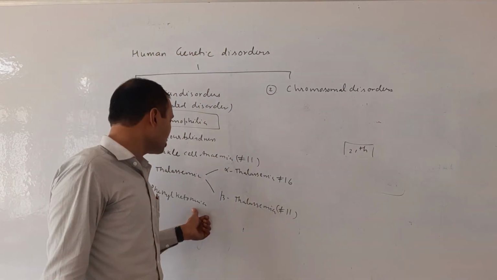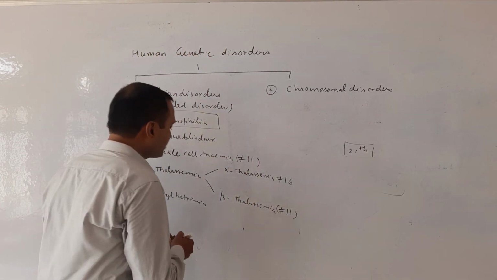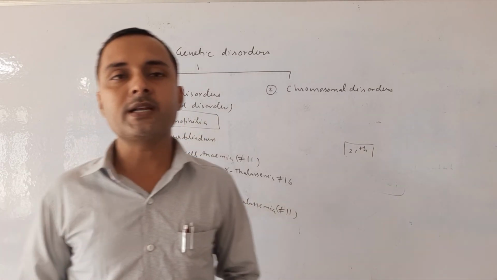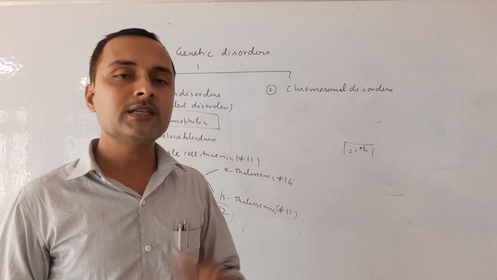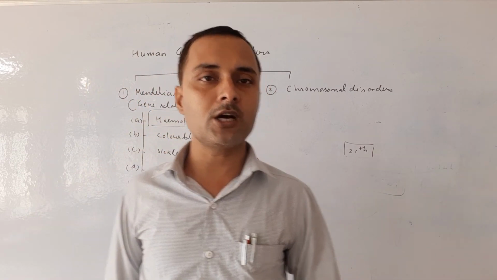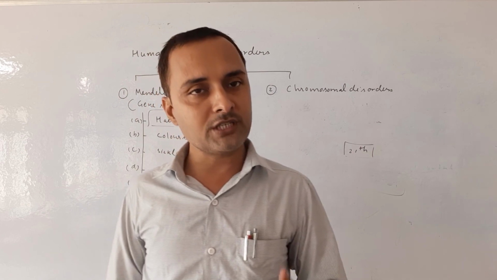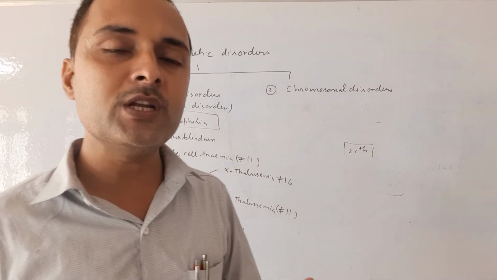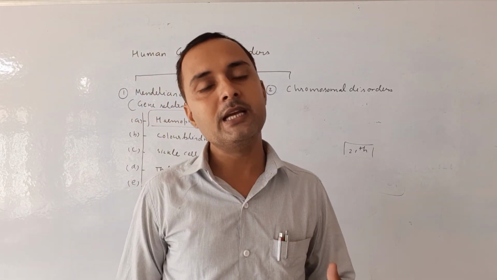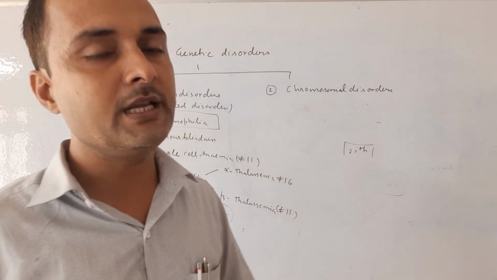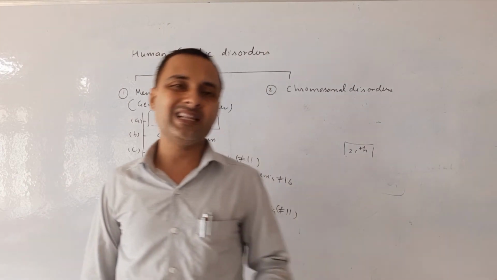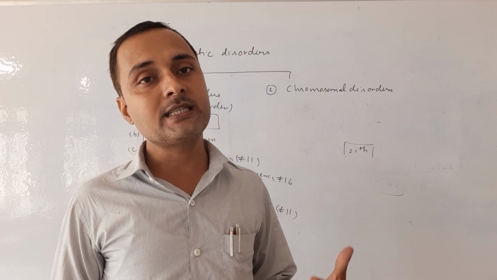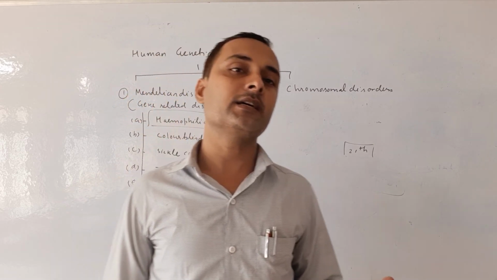The gene responsible for phenylketonuria is present on chromosome number 12 and synthesizes an enzyme known as phenylalanine hydroxylase. This enzyme helps in the conversion of phenylalanine into tyrosine. In absence of the enzyme there is no conversion, so there is accumulation of phenylalanine in the human body that is not reabsorbed by the kidney, and that causes harmful effects. These 3 phenotypic effects are mental retardation, skin pigmentation and reduction of hair.